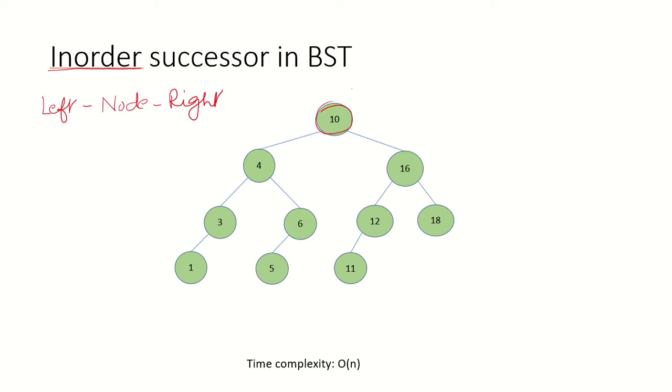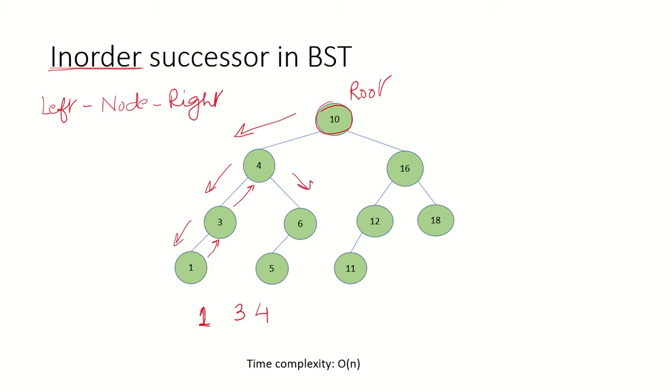If this is the root node over here, we will first traverse left. So we will go and visit each and every node in the left subtree. At each node, we will recursively go left. So the in-order traversal for this particular example would be 1. Then we will go back and visit the node 3. There is no right subtree for this node, so we go back and it is 4.